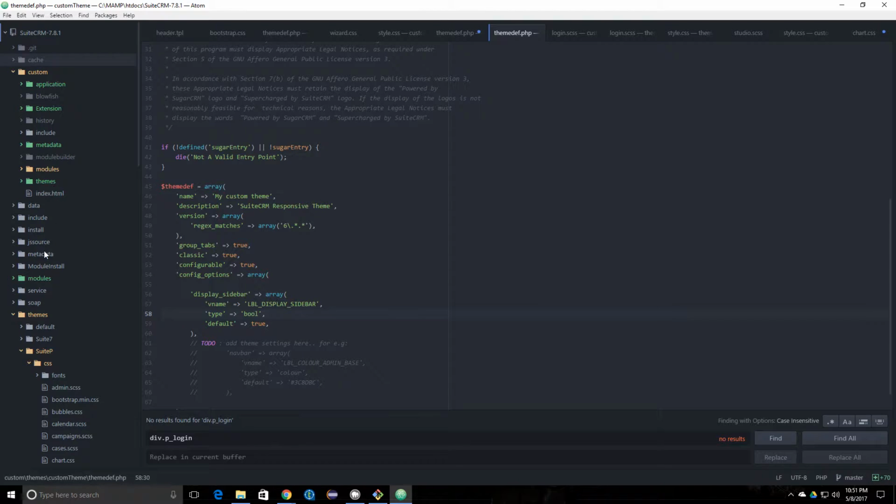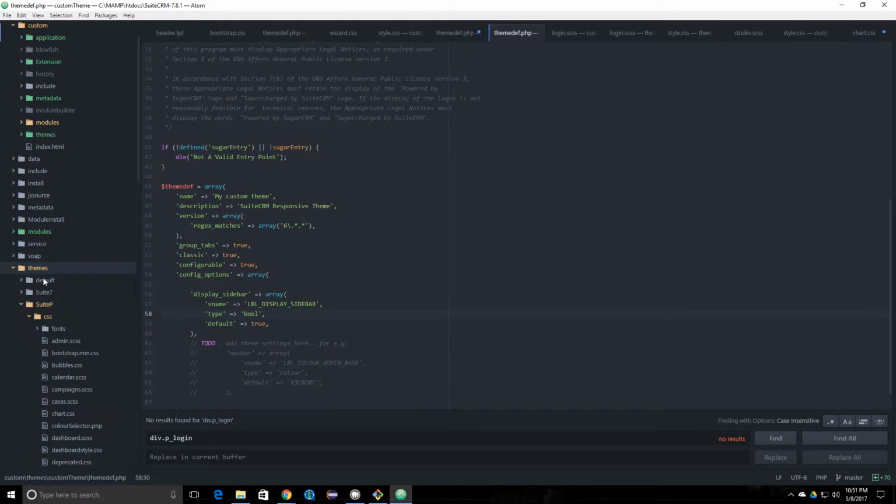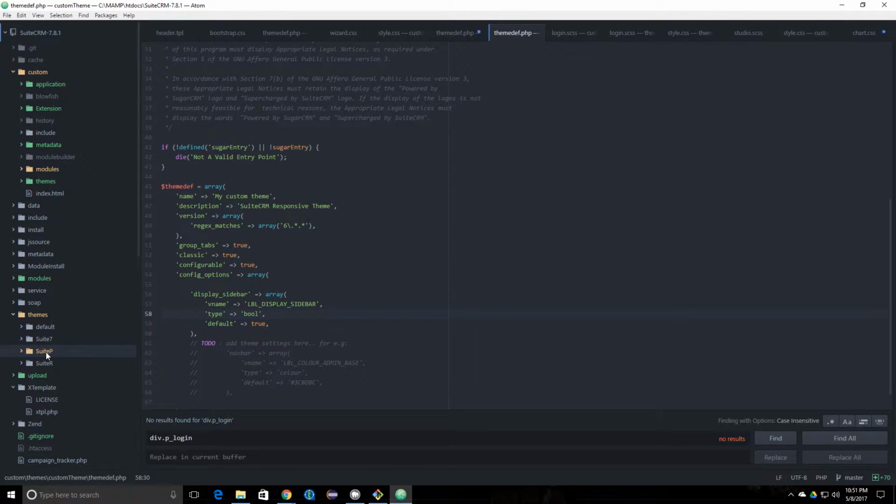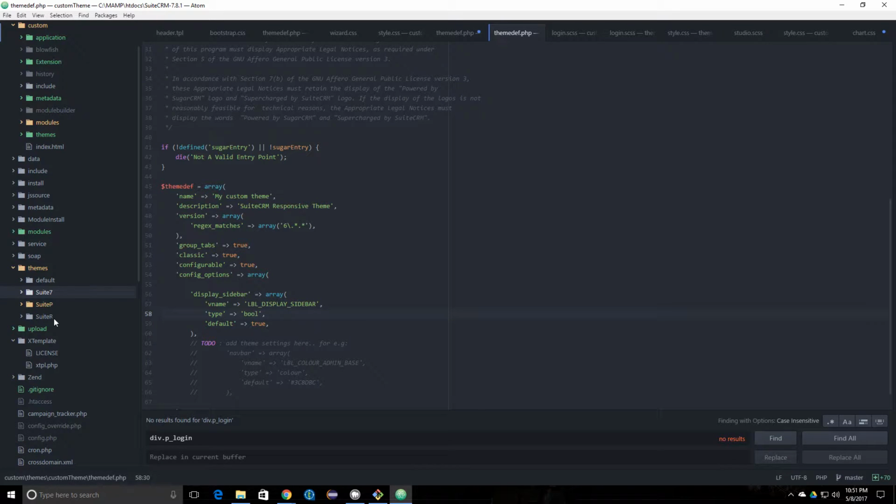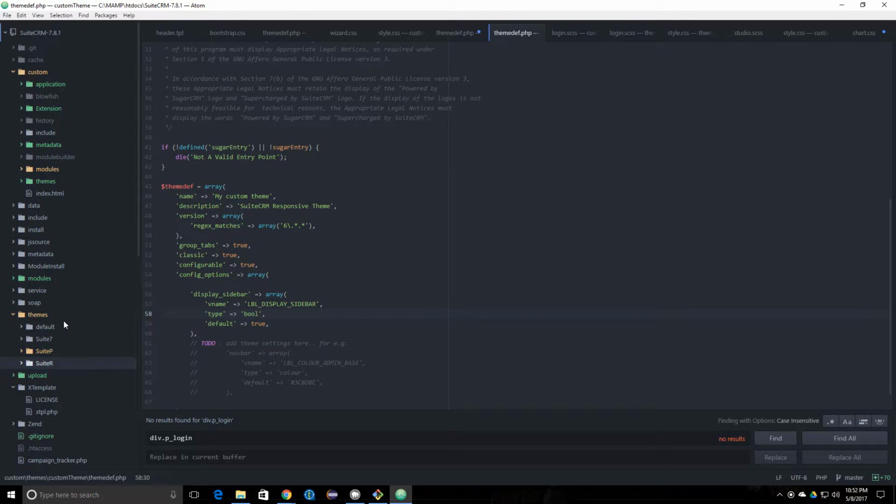And so what you need to do is go down to where it says themes, and this is one way of doing it. You can certainly make this from scratch yourself, but I don't recommend it for time and mistakes that you would make along the way from minor edits. You would want to click on the one that you're most comfortable with. You can also probably find one on the internet that you might like too and just edit it from there. You want to copy one of those and then paste it into the custom themes directory, and that's exactly what I did here. And then I renamed this directory custom theme,